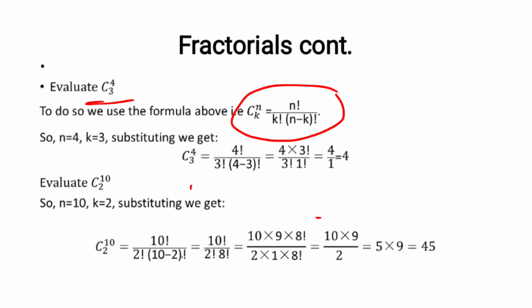Okay, so with that, we're able to see that n is now 4 and k is 3. We plugged in all the values. We checked the denominator. That's why we're able to express this 4 factorial as 4 times 3 factorial, because the bigger of the two denominator values is 3. And so by the time you cancel out the 3 factorial, you'll be left with 4 over 1,